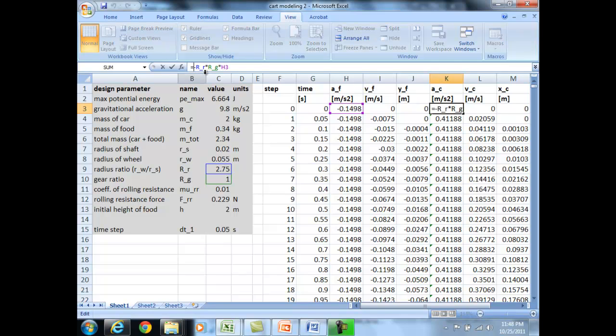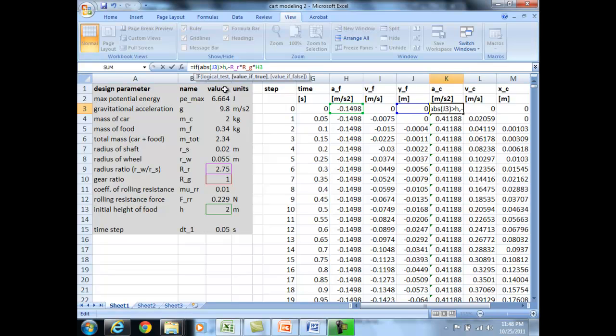So let's go ahead and do that. So equals if, we're going to look at the position of the food, so that would be J3. Because we're starting at 0 and going negative, it's going to be best to put in an absolute value here. So if the absolute value of J3 is greater than H, again 2 meters in our case, then we want to use